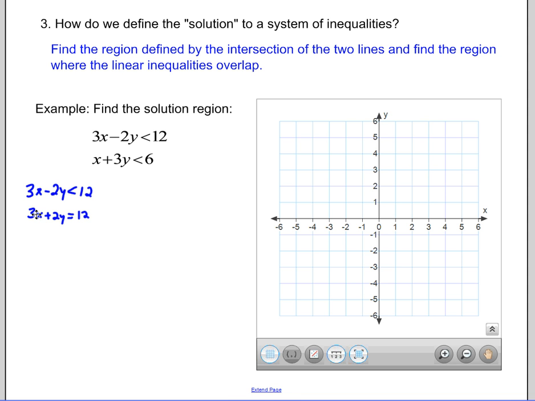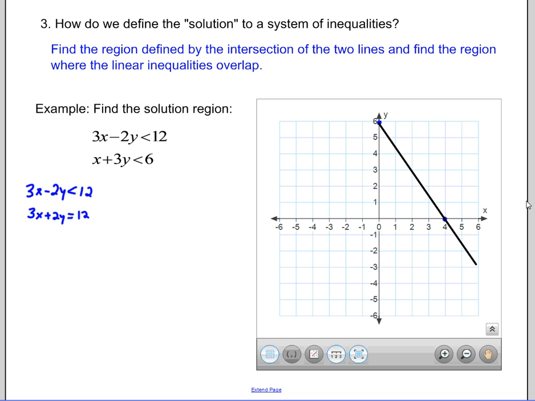Letting x equal 0 gives us y equals 6, so that means (0, 6) is one of the points along this line. And of course, letting y equal 0 gives us x equals 4, so that would be the point (4, 0) somewhere along this line. If we wanted to graph this line, we would plot this line this way